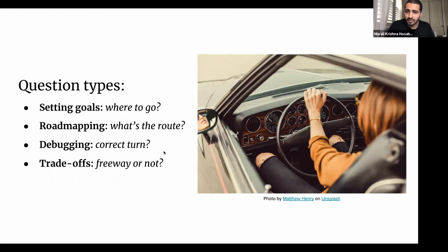Many times, metrics or other aspects of your product present you with interesting challenges, interesting trade-offs. But there's no one correct answer, so you need to have a viewpoint on how to trade off the pros and cons. And so, given that execution is such a core part of the PM job,